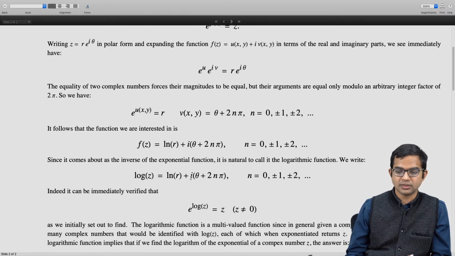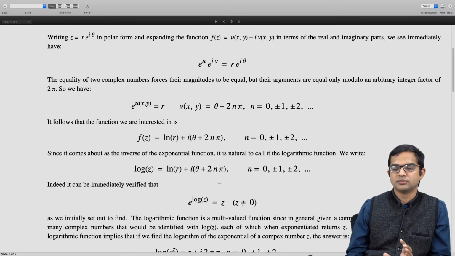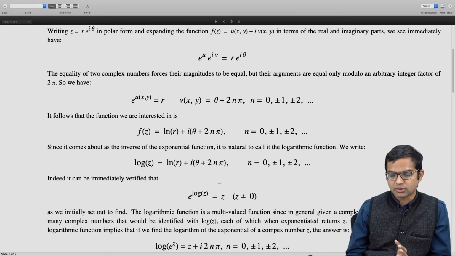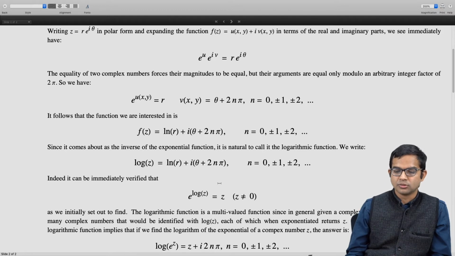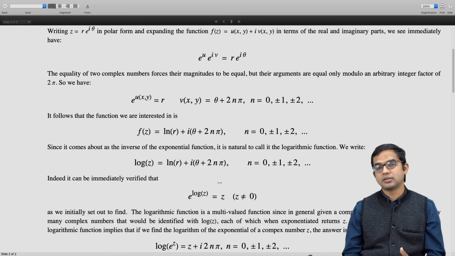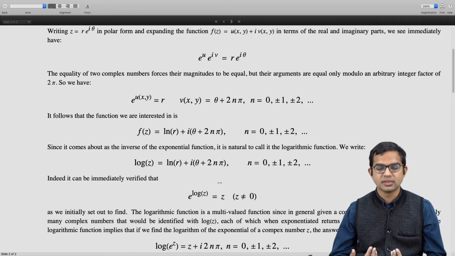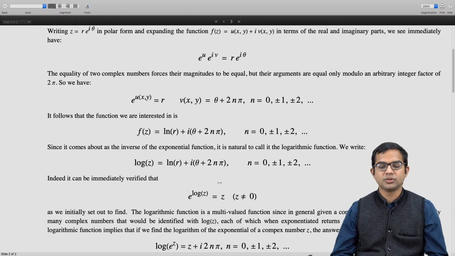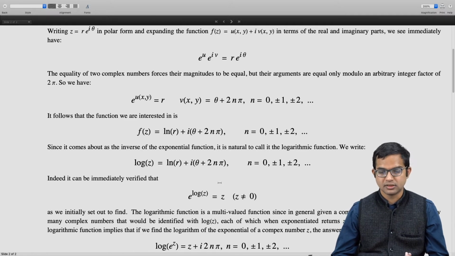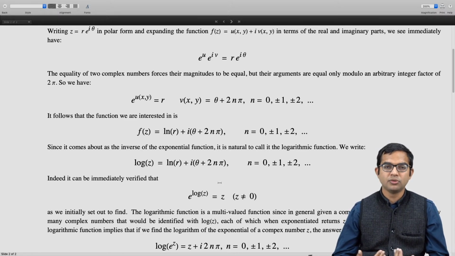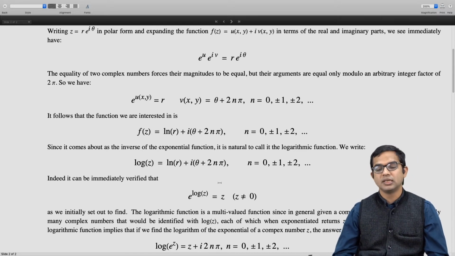It can be defined in this manner, right? It has this multi-valued nature, which makes it somewhat tricky. So, log of e to the z. One aspect of this is that although it's an inverse function, so e to the log z indeed is equal to z, if you go in the other direction and try to find the log of e to the z,